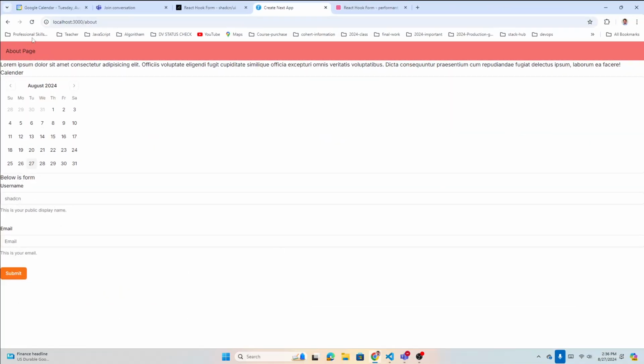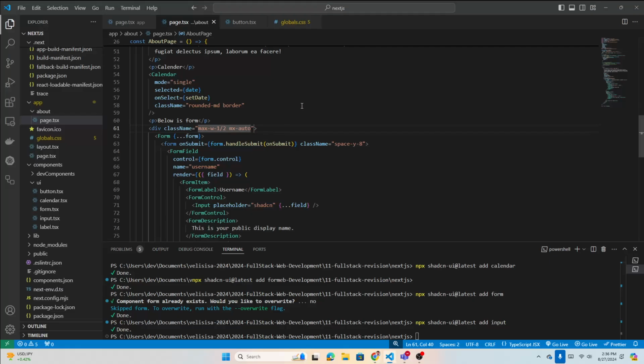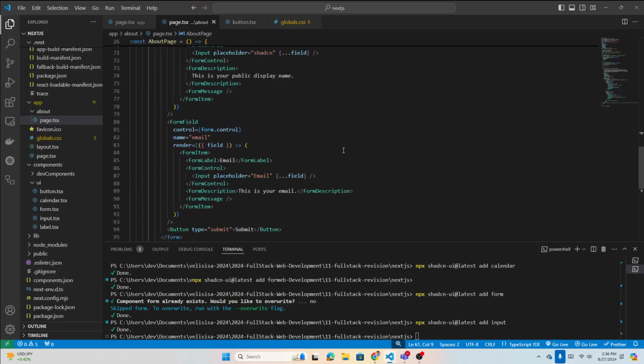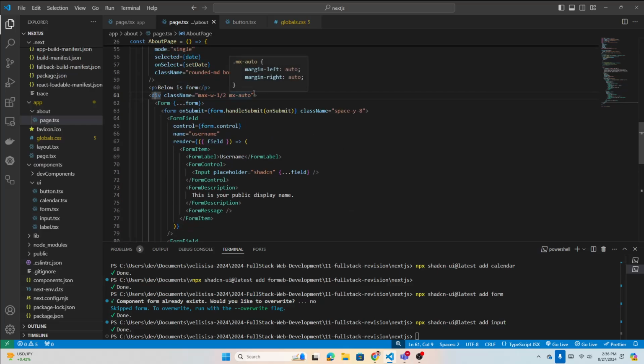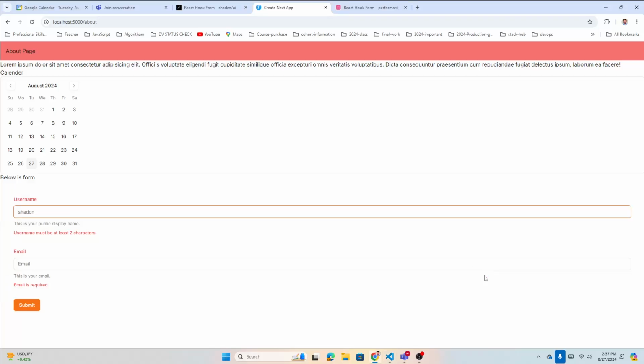let me update now, right? And it did not change. I don't know why. There is username. This is the public display name, right? If I submit, you see that username must be at least 2 characters, right? Email is required. Okay, you must put something. So the reason it did not work, that's the div, right? Why? So class name, padding of 10. Yeah, it's working,